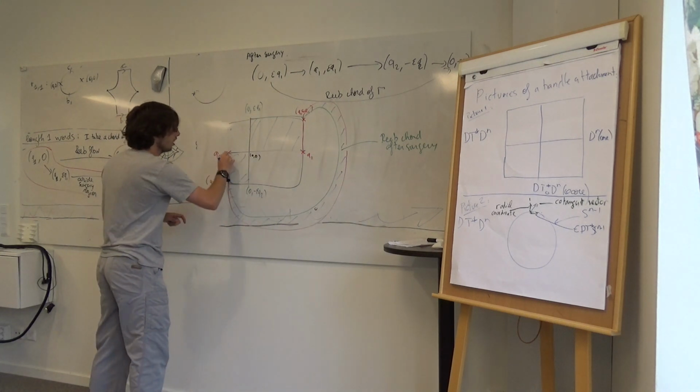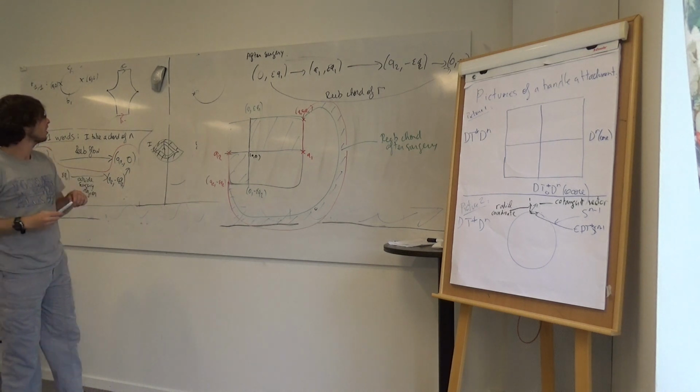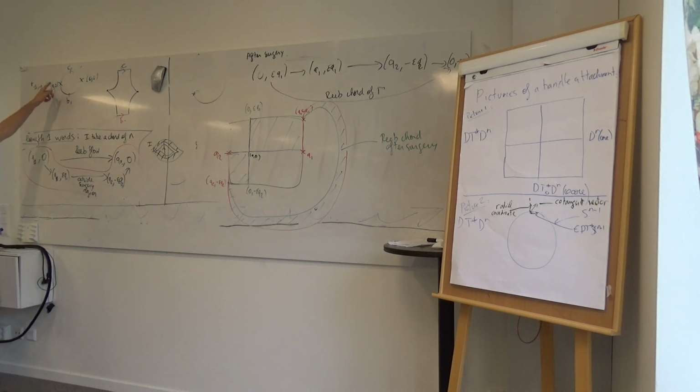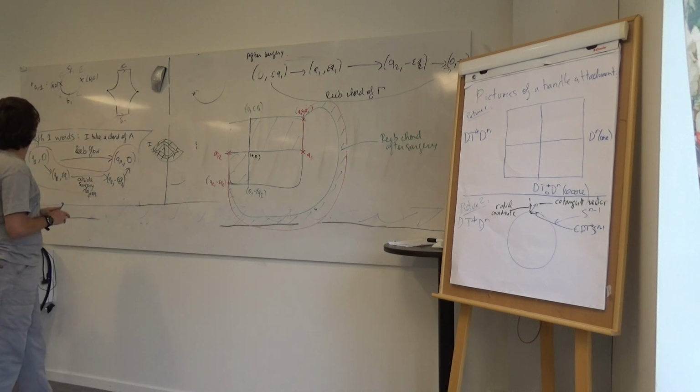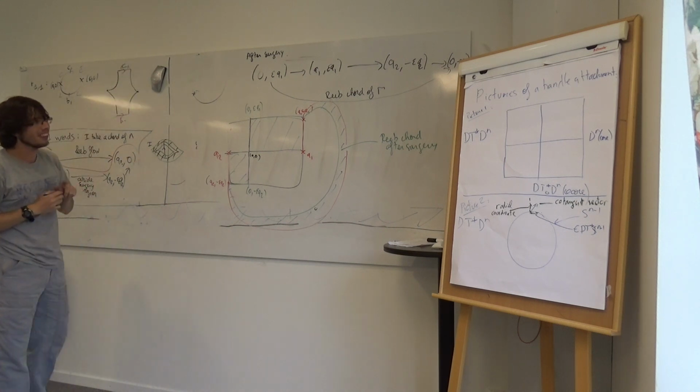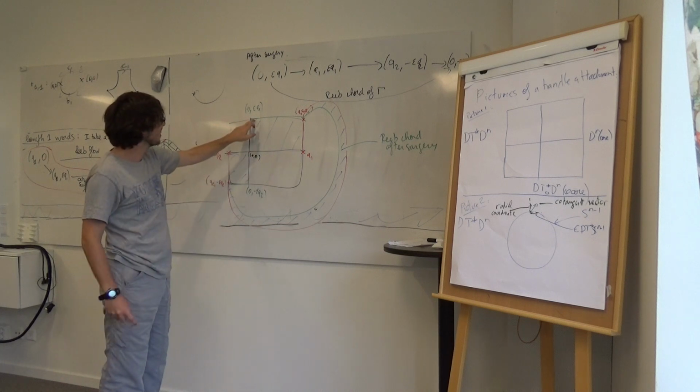I'm sorry, what are these cusps for? I'm just confused on that picture. Yes, so you see, you have a boundary on C and L, and C and L are not the same Lagrangian. So you want to say that you have a boundary on C, and this is the point where it switches from the boundary condition on C. And C is not the same as C1. Yes, this is a Reeb chord. Okay. I'm sorry, it took a little more time than I expected.